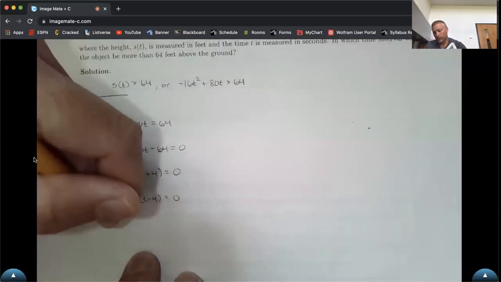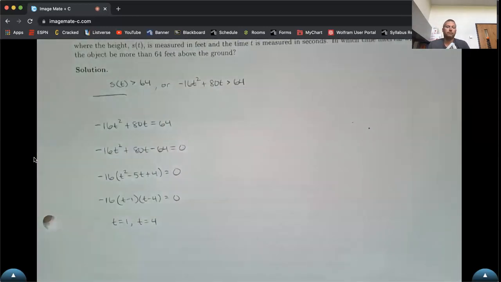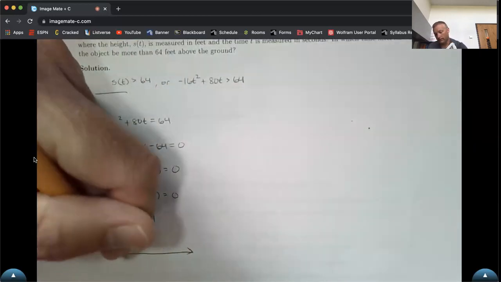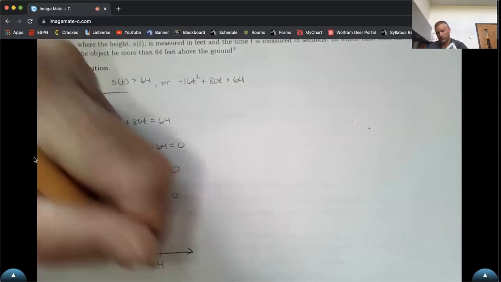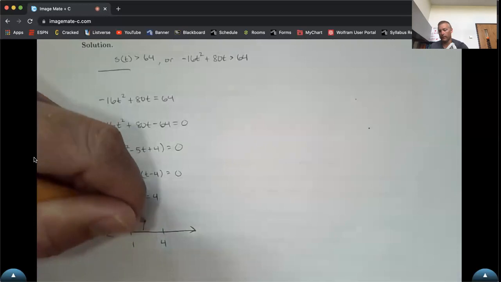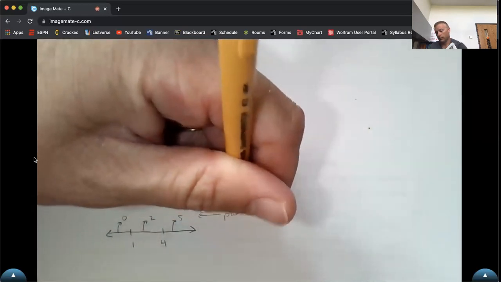So the zeros here would be t equals 1 or t equals 4. And so now what we'll do is we'll put those numbers on the number line and choose numbers around them to plug in the inequality to see where we get something that's true or false. So we're going to put these